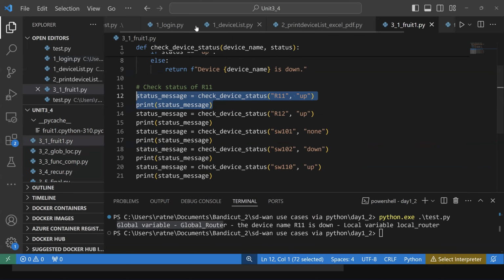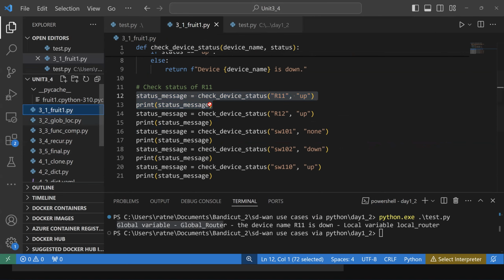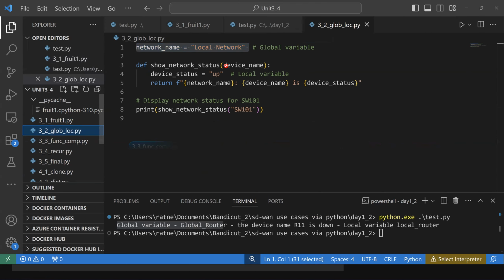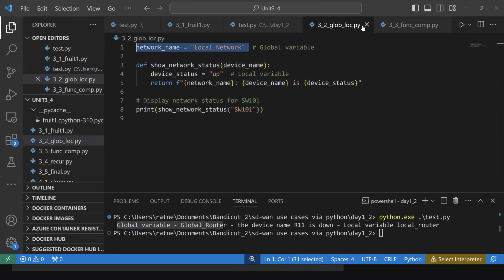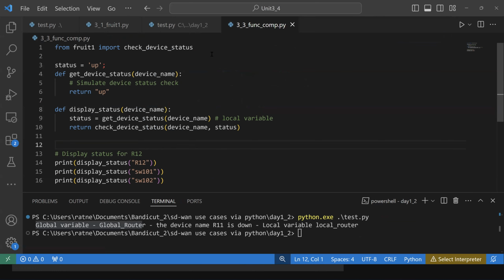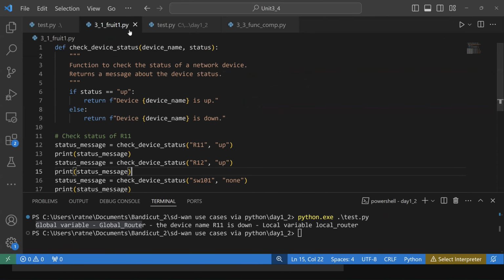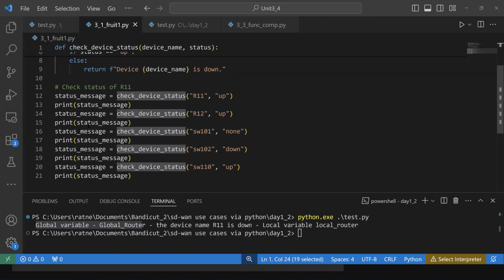So let me close these programs. I have fruit, I have global function actually. So what I'm telling here is that I have this fruit. I added so many things in this fruit.py. This is my Python program where I have one function called check device status. Right now, what it is doing, although I have added so many things,